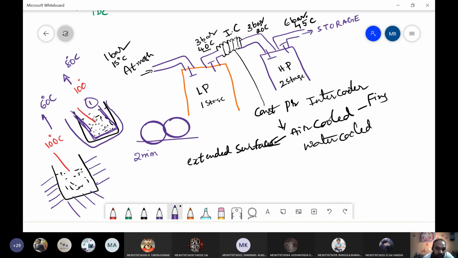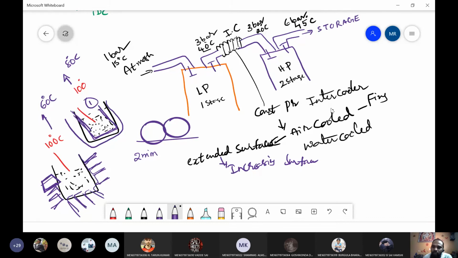Whereas coming to the second one, I added some fins over here. The area in contact with the surrounding is increased indirectly. That is the reason I can call them fins or extended surfaces. Extended surface is nothing but increasing the surface area. Increasing the surface area means we can transfer more amount of heat. Heat transfer rate is increased by adding the fins, thereby within less time it will be cooled. That is the main motto of using an intercooler.